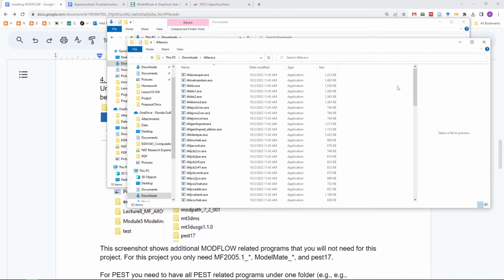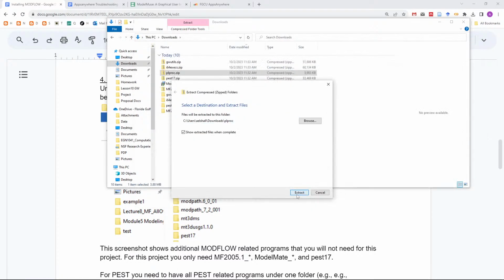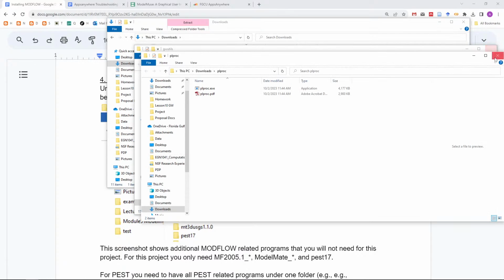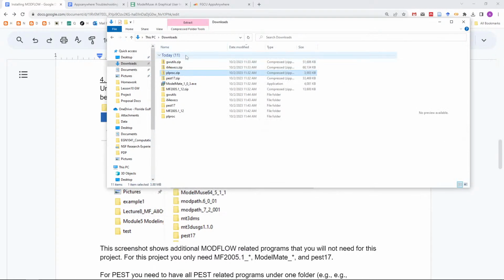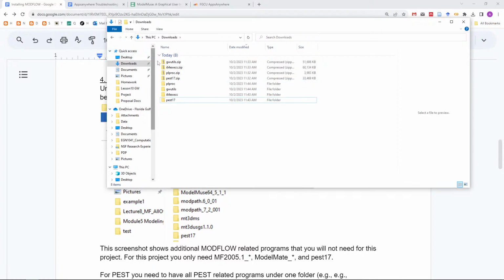So this should have all these executable files. Basically, you extract all of them. Make sure that once all these are extracted, you copy them. Now delete this one. After you have all these executables, make sure that